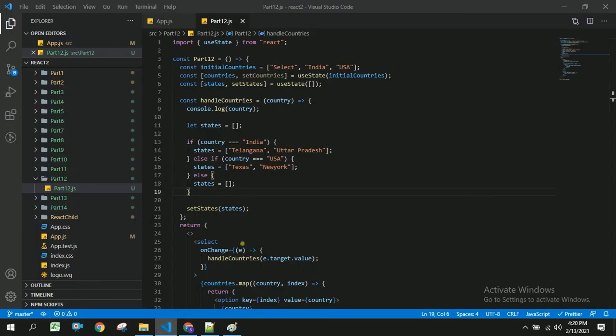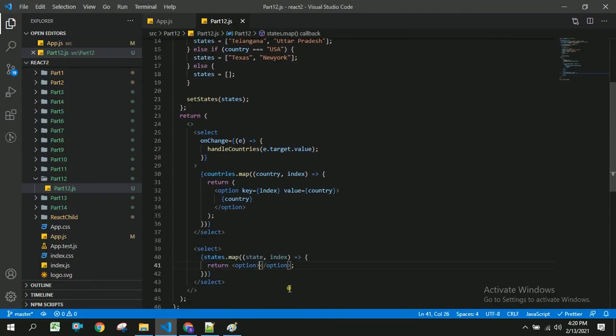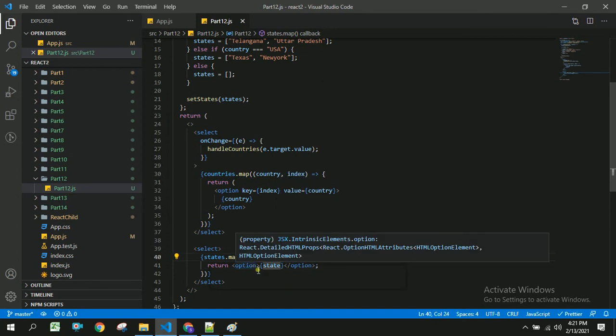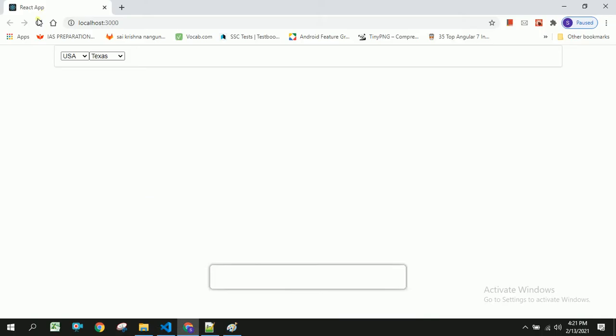So let us check. Yeah, because we have not mentioned states here, that is the reason. So mostly it should work. So I am going to refresh this.